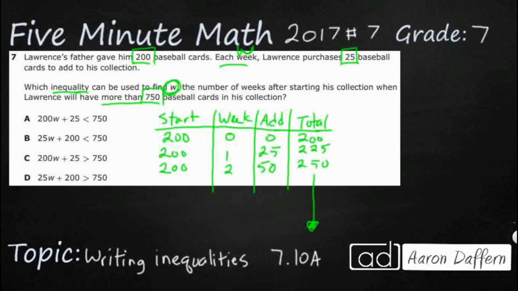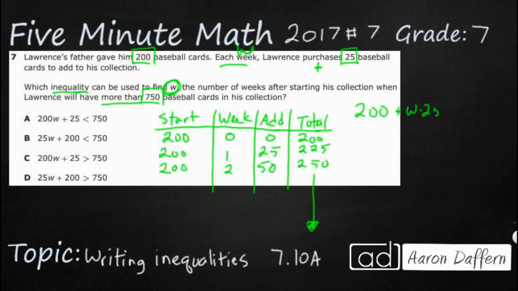So what do we know we're starting with? We're starting with this 200. And so that stays the same. And then each week he's purchasing, okay, so he is adding his extra cards. Now what is he adding? He's adding 25 each week